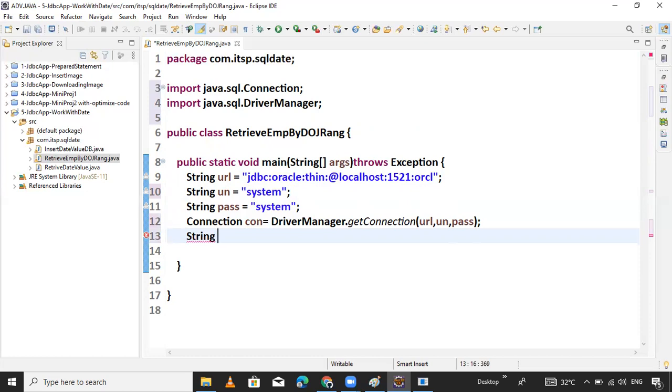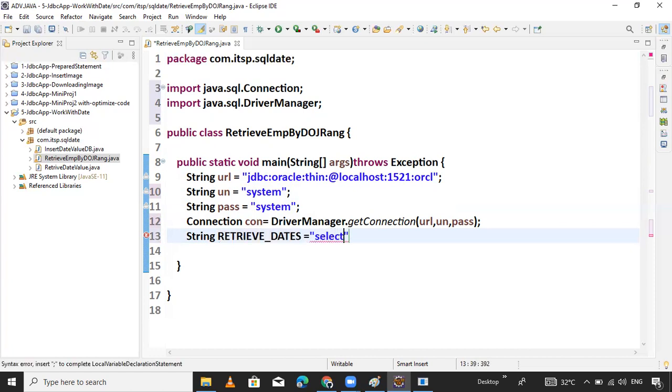String retrieve, string retrieve date equals to, what is it?